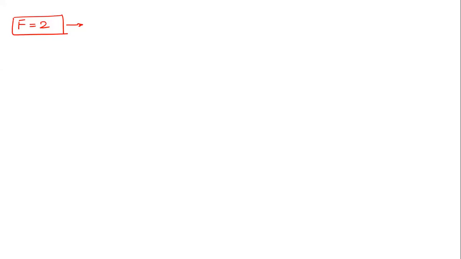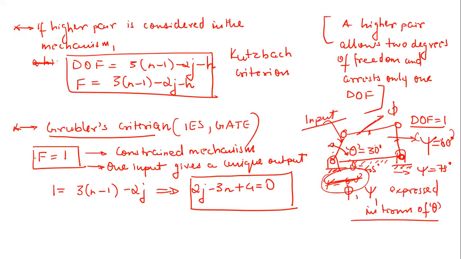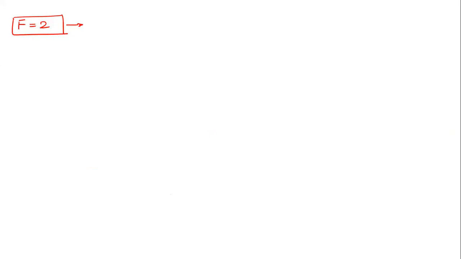Sir, motion in a plane. So how are you going to interpret this? You have to interpret this in a similar way as I did for this one, where the degree of freedom of the mechanism was equal to 1. Can you give me some idea? If I'm telling the degree of freedom of a mechanism is 2, then how are you going to interpret it physically?